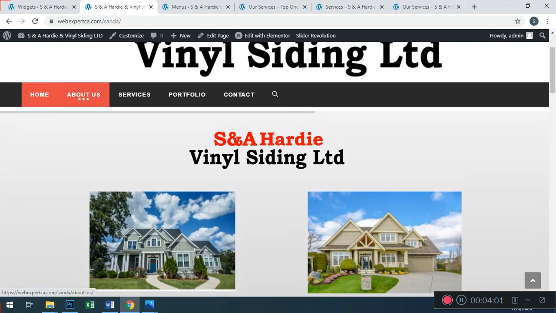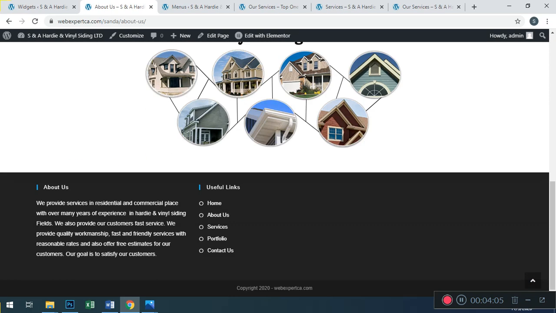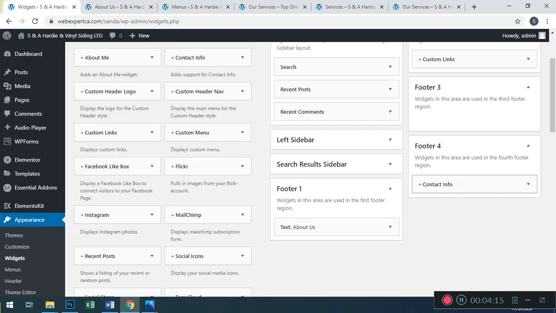I am going to shift my focus to the about us page because this page is a heavy page. You will never see this because our setting is set to 3 footers, not 4. I shift this into footer 4. First of all, we set the footer setting.